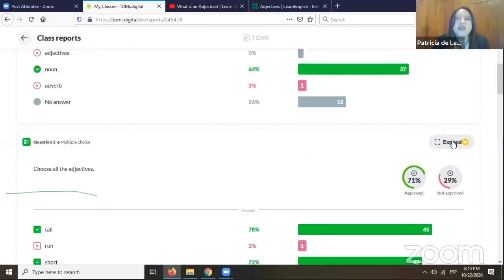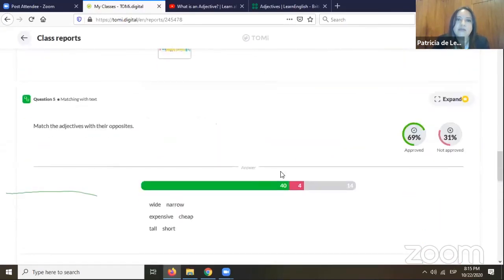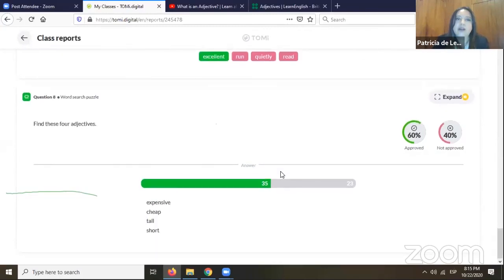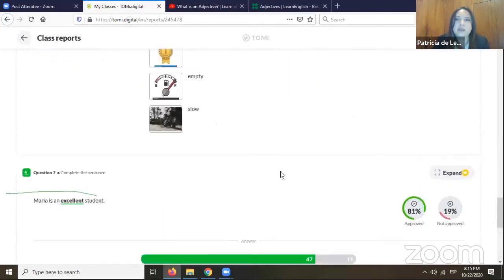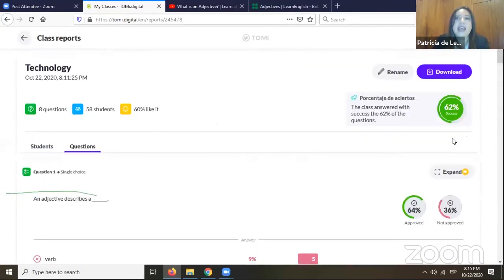If we wanted to expand, this is the premium option that would tell us which student got which point, but we don't have that in the free option. And we have all the questions here that we have so far. Okay, we have all the statistics that we need for us to make the decision and to see how our class went. And finally, if we want to download it, we can download it here. We only have, as we said, students' reports are not available in the free option, but we have enough with the overview class. We can download a PDF,